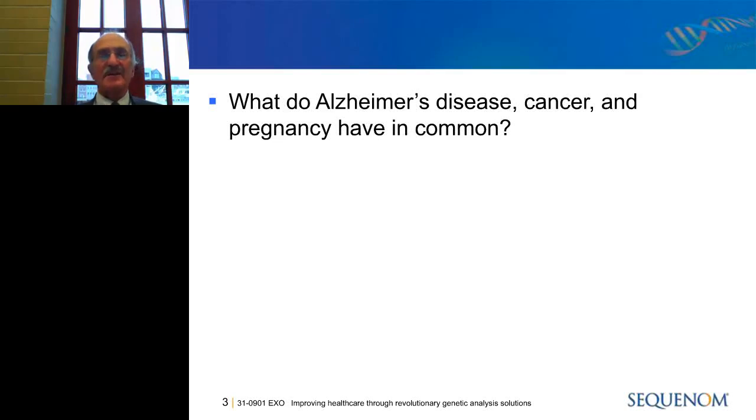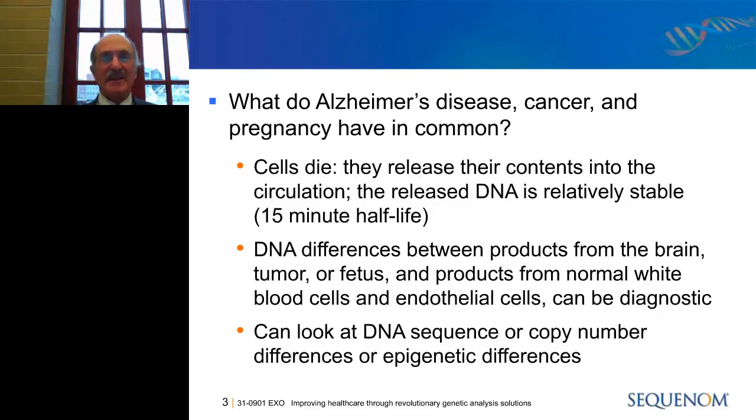So to motivate this, let me challenge you to think about a funny question. What's the common feature in 3 very different clinical situations: Alzheimer's disease, cancer, and pregnancy? That common feature is cell death. So in all those 3 situations, and many other clinical situations, there is programmed cell death, and during apoptosis, cellular DNA is cut into nucleosome-sized pieces. So that's about 150 base pairs. And these pieces